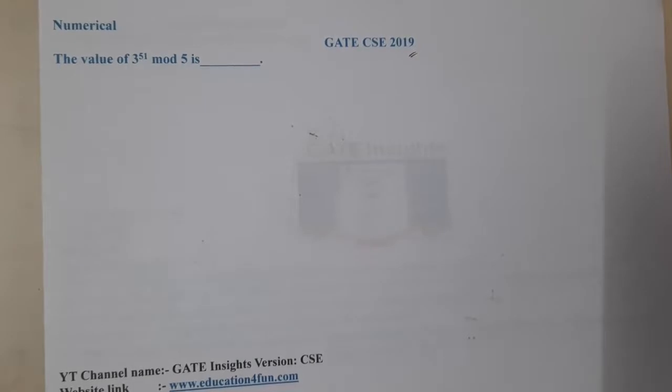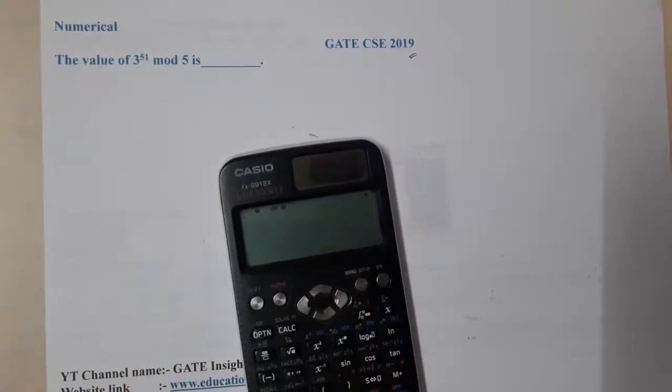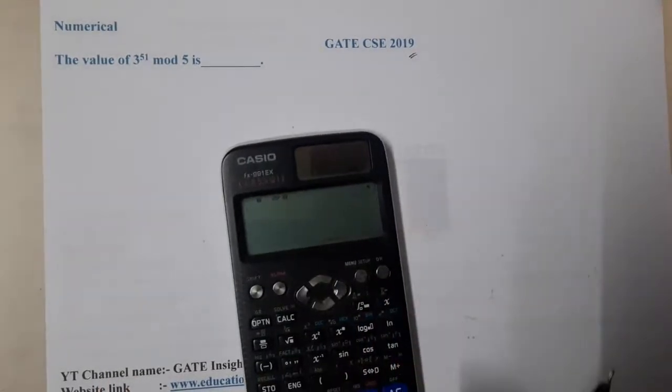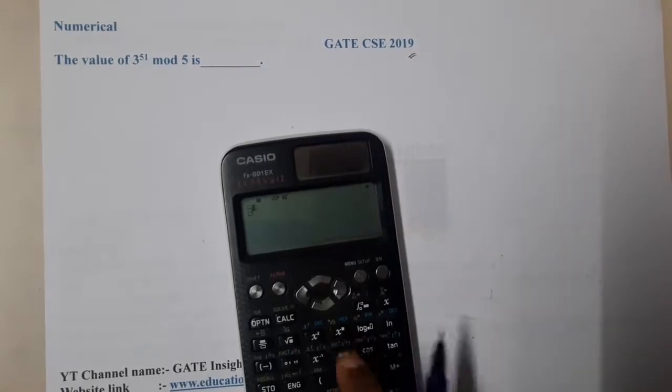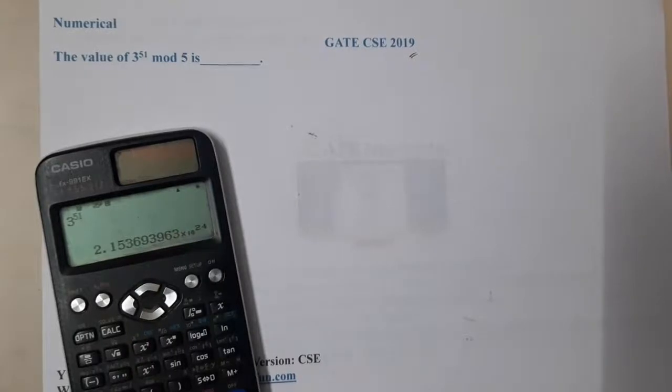Okay, so I don't know exactly why or how this question ended up in the question paper. But as we have a calculator in GATE, I think this question will not be an issue, right? If the calculator has some limitation, like if I do 3 power 51 it will not give the result, then it will be a bit complex. But my normal calculator is giving the result. And similarly, I think in GATE, the virtual calculator will also give it, but I'm not sure about it.